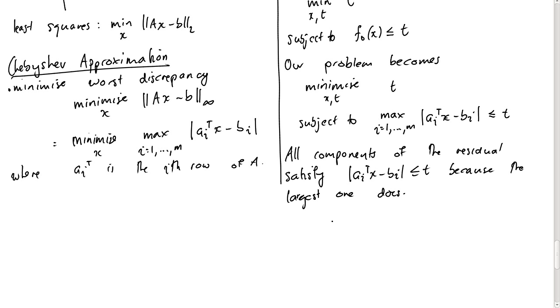Okay, so we can write this out in full. Expanding out the absolute value just means you've got a negative and a positive part. This means that negative t has to be less than or equal to ai transpose x minus bi, which in turn has to be less than or equal to t. Okay, and our t is automatically going to be positive, otherwise it will violate this constraint. Okay, so putting the pieces together,